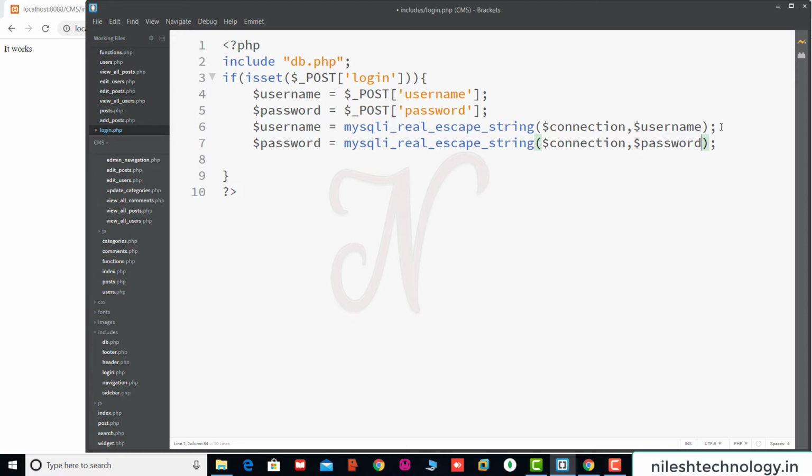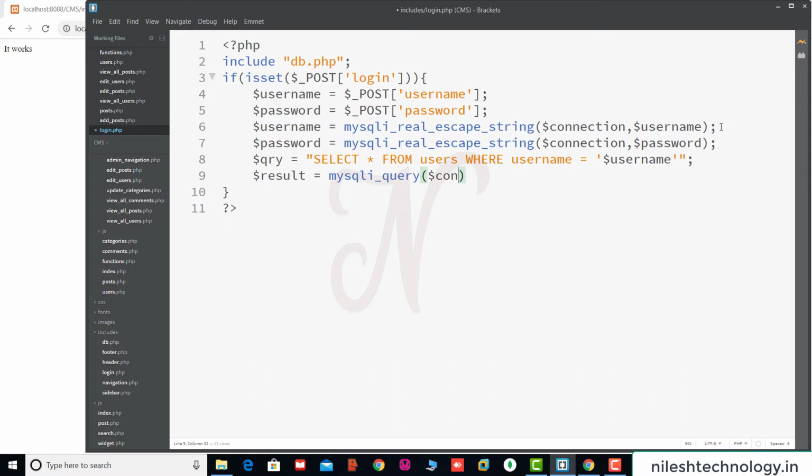Okay, now here we give one query: select star from users where username is equal to this username. So we test the username in your database. First we execute this query by using the mysqli_query function.